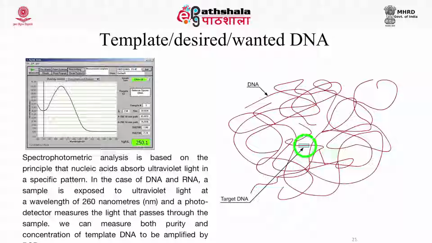On the left hand side, you can see a spectrophotometric analysis of the DNA sample for PCR reaction. This analysis is based on the principle that nucleic acid absorbs ultraviolet light in a specific pattern. In the case of DNA and also RNA, a sample is exposed to ultraviolet light at a wavelength of 260 nanometers and a photodetector measures the light that passes through the sample. Using this method, we can measure both purity and concentration of template DNA, which is to be used for amplification